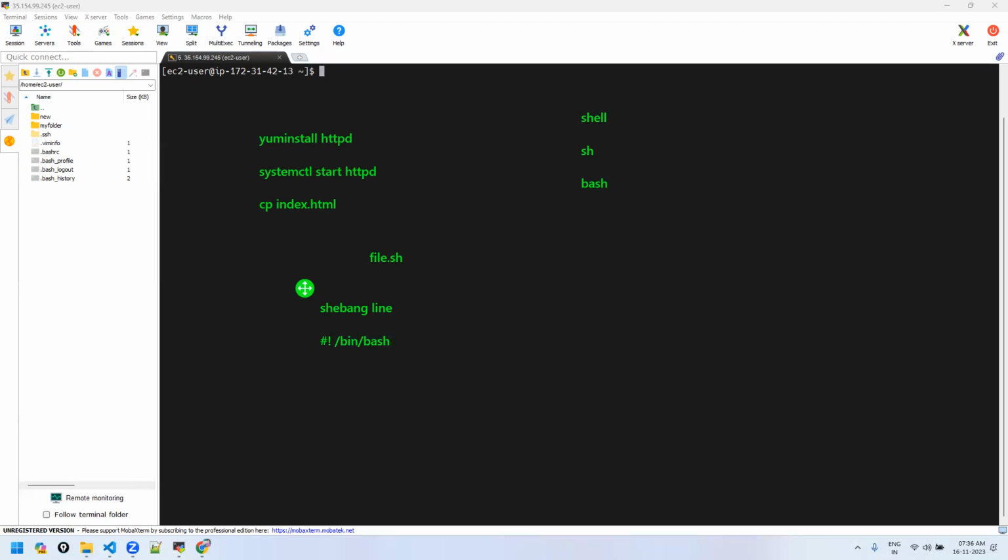We are using Bourne Again shell, which is available in this path, /bin/bash. Hash is called pound, and exclamation symbol is called bang, and hence the name shebang. So just understand this is a shebang line, which indicates this is a shell script, and that's where you